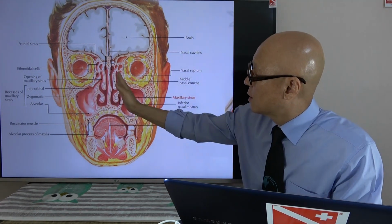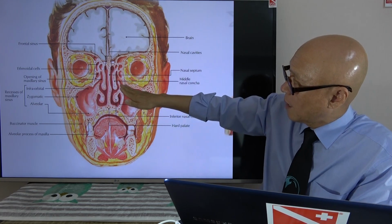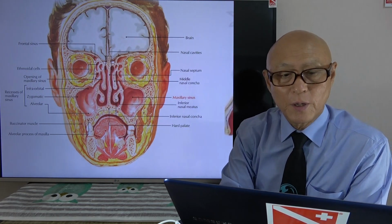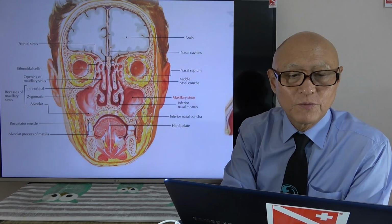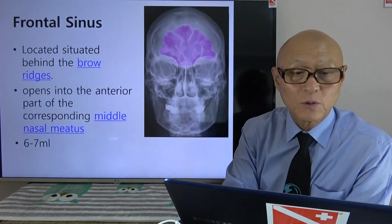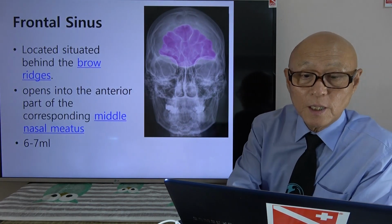It's along the orbit here. It comes all the way down and sometimes goes to the posterior part as well. Some of them are very closely related to the frontal sinus. So what you see here